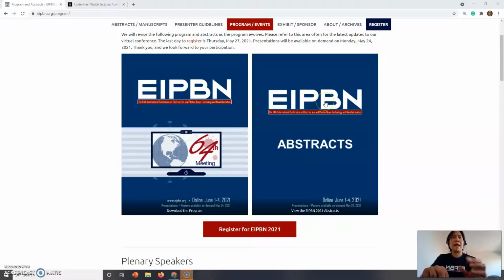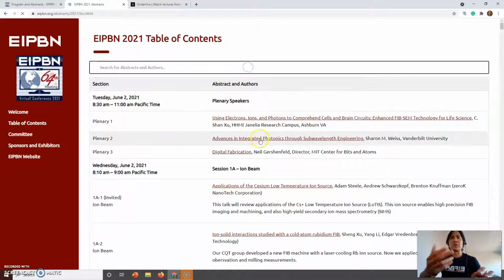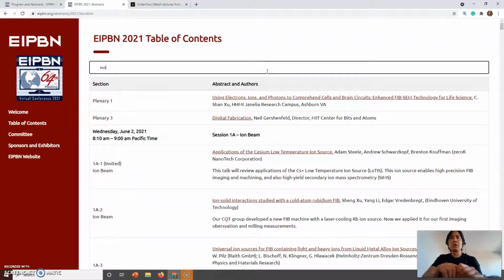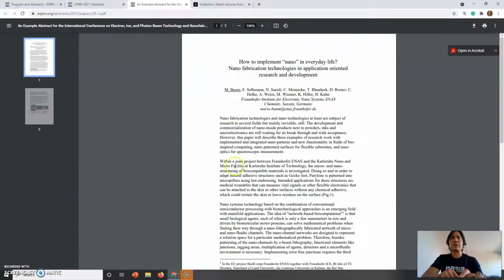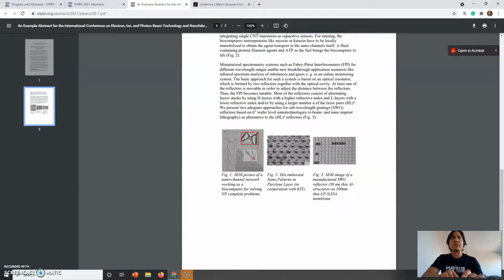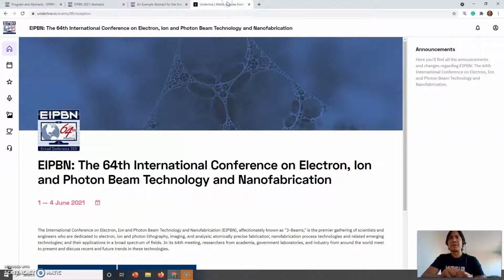Moving along, our abstracts, if you want to read them directly, are available here online and kept online in perpetuity. Clicking on Table of Contents, you can scroll through or filter by, for instance, keyword or author. From there, you can click here to access the actual abstract that was submitted. Great. So let's look at the underlying website and check out what that entails for us.